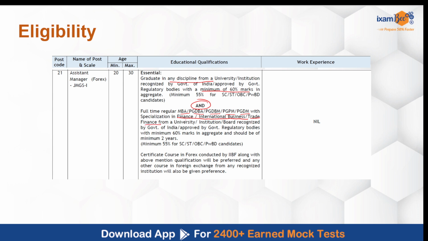So an MBA in either finance or international business or trade finance will be acceptable, not a generic MBA degree, not an MBA in any other stream, and that too you need to have a minimum